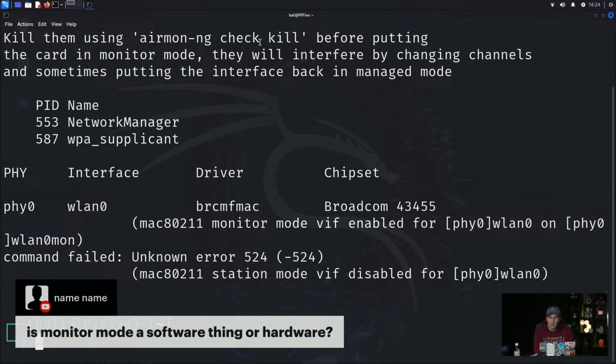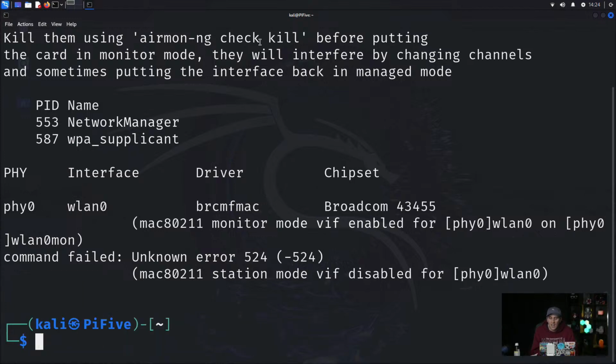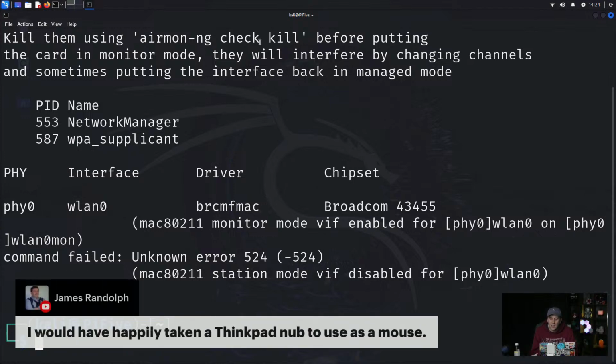So let's talk about some other things. James said, I would happily have taken a ThinkPad nub to use as a mouse. I agree. Anything to just get your mouse around, because assuming that people will only use a Raspberry Pi for command line things is silly to me. And again, having to carry around an extra mouse just because they couldn't get the license for it or the technology was tricky... I don't know, but for $10 on AliExpress, I'm able to get a fully functional keyboard that looks just like a Raspberry Pi 400, but what do I know? So anyway,